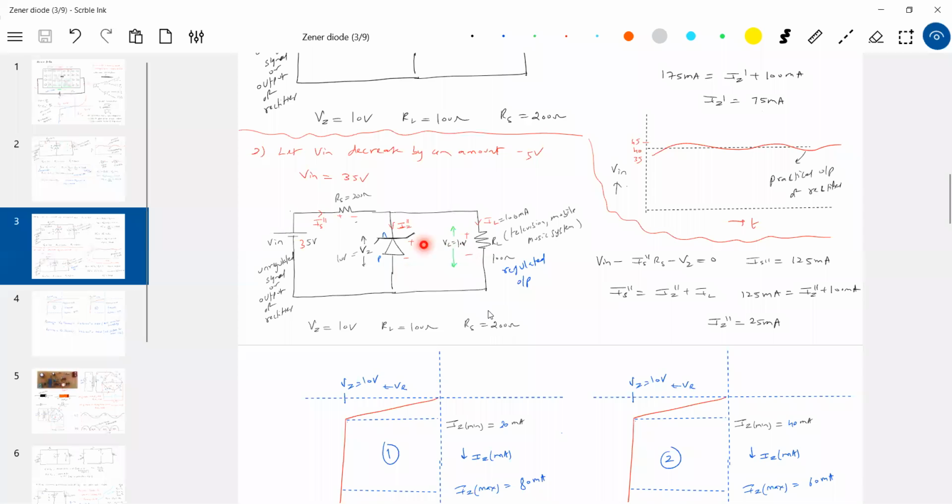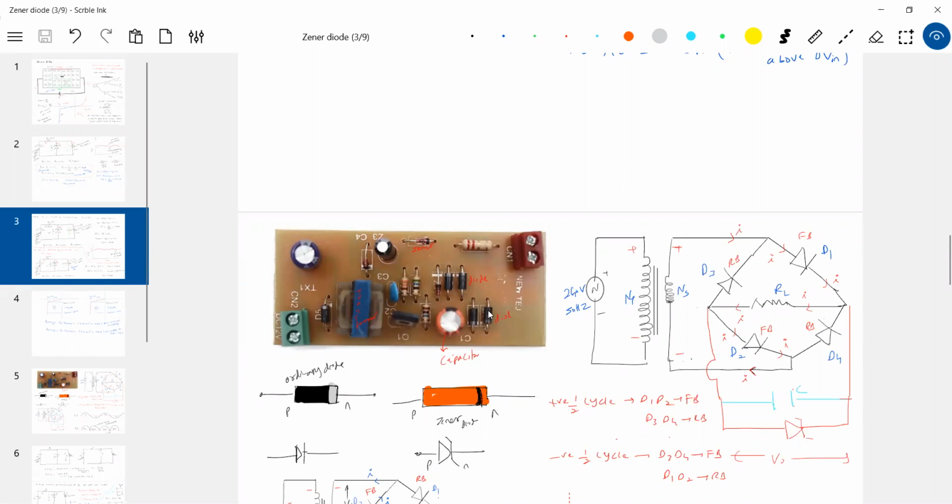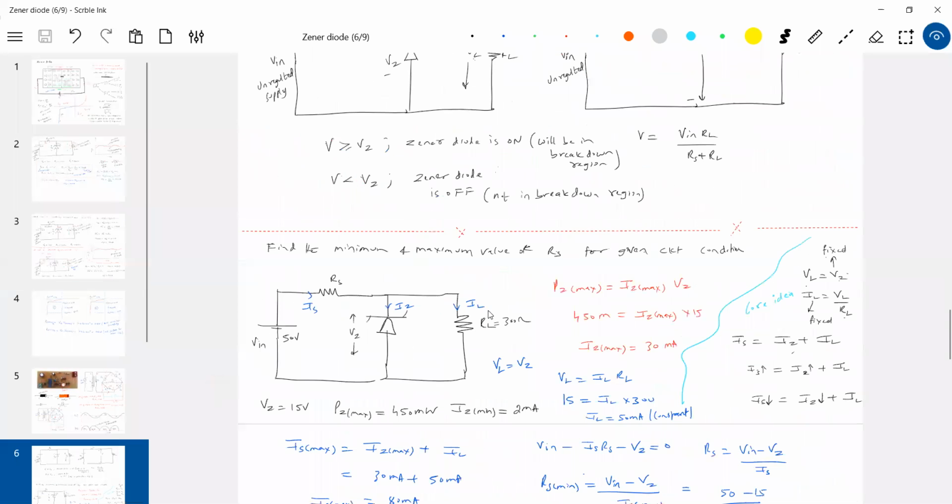Got the idea? So I think we have some conditions for this, this, this, this. But the core central idea of this is what? This you should not forget. The current through the Zener diode, though it varies, the voltage across it will remain constant. That's what the Zener diode does. I think in every numerical this was taken care of.